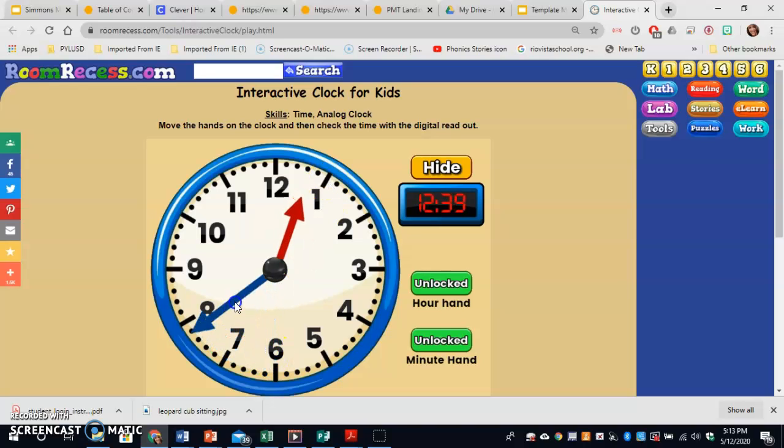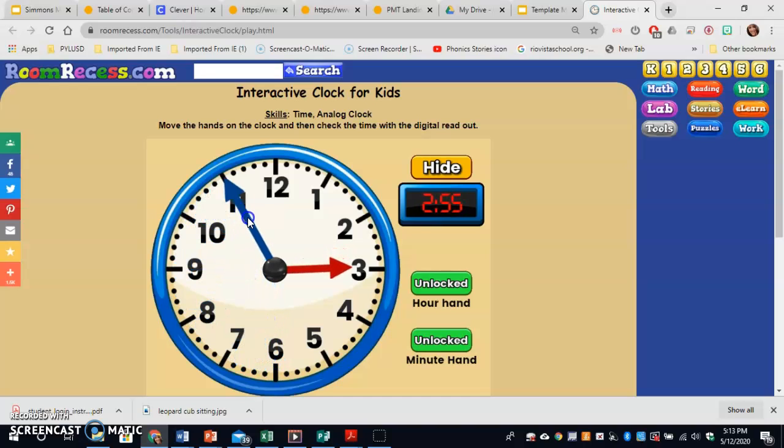Watch as I move to 1 o'clock. Do you see how the hour hand moved? Now watch as the hour hand moves to 1:30. Do you see how the hour hand is in between the 1 and the 2? It's past the 1, but it's not on the 2 yet. Here we go. There's 2 o'clock,